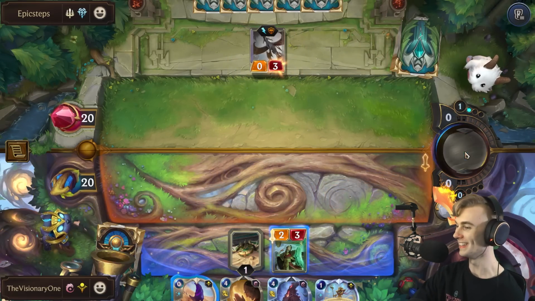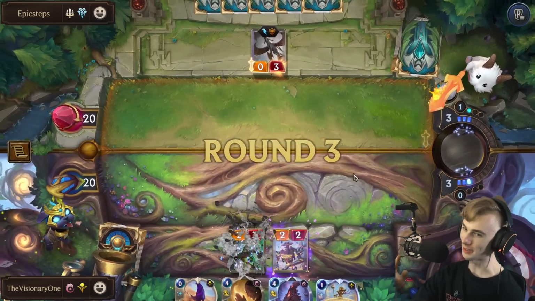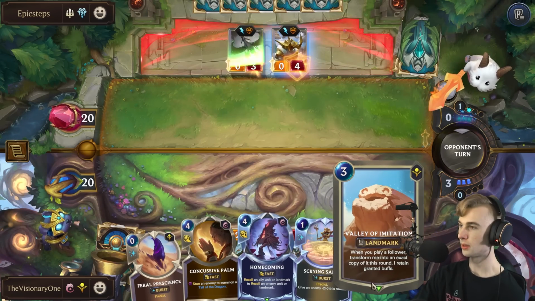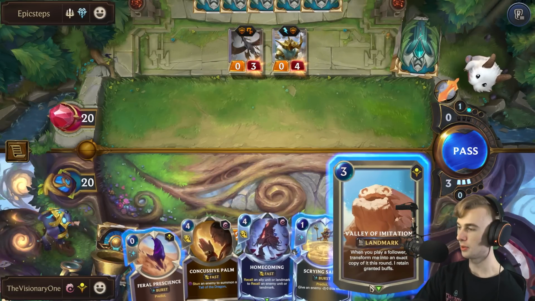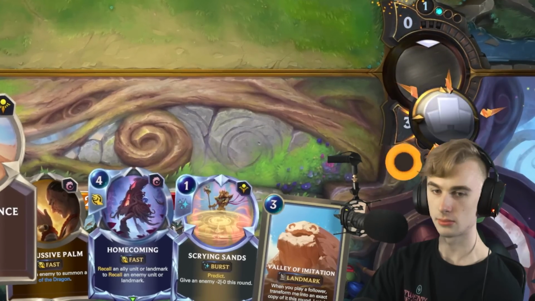Not so Pog. Free trade with my 3 HP unit. Not so Pog. That's not so Pog. Giga Chad, no champions. I mean, the thing is, the way this deck works, you don't want units on board because Cobra fills your entire board. So if I had like an Akshan, not only would there be an Akshan instead of a Cobra, there would also be...